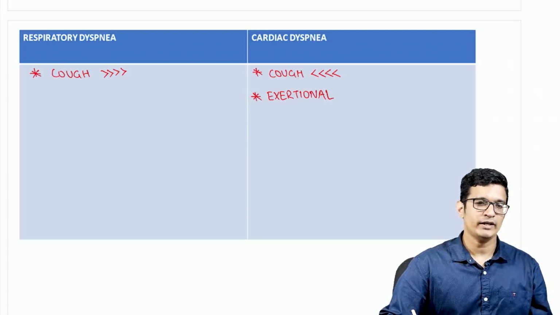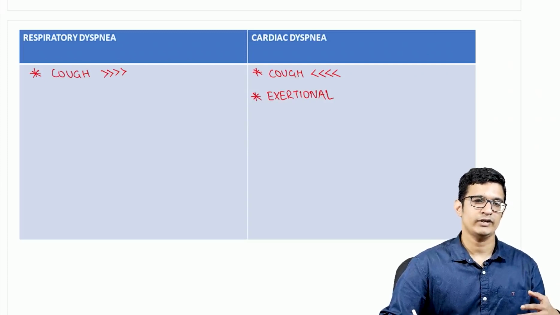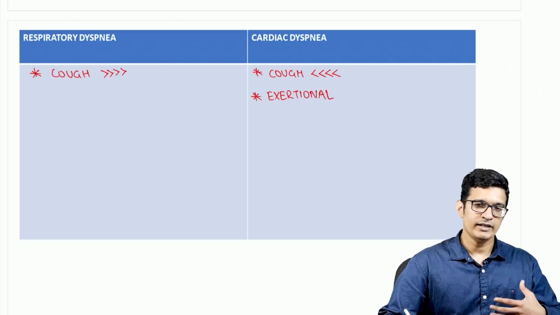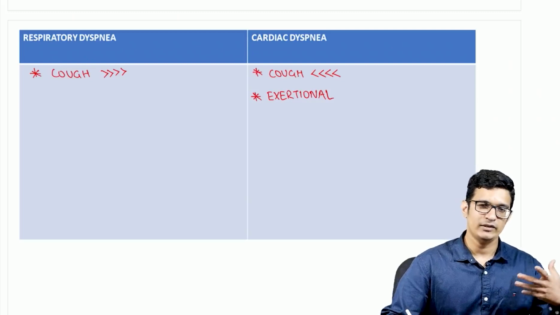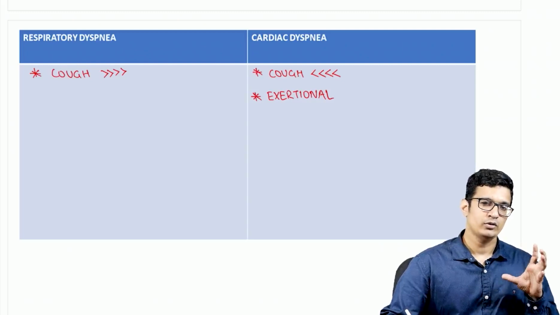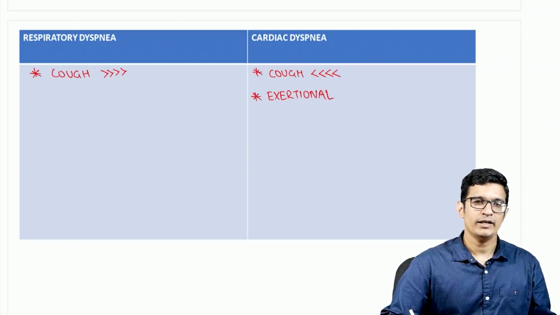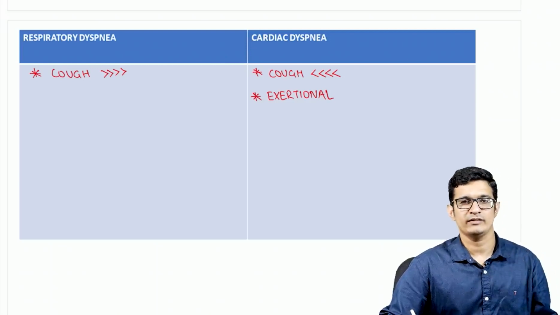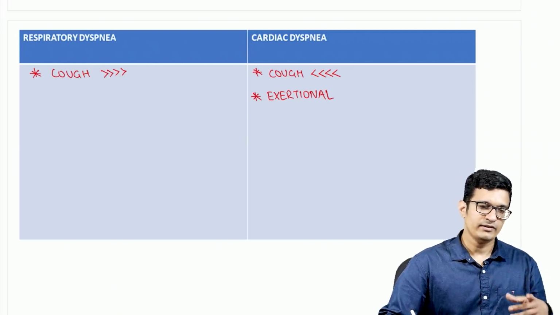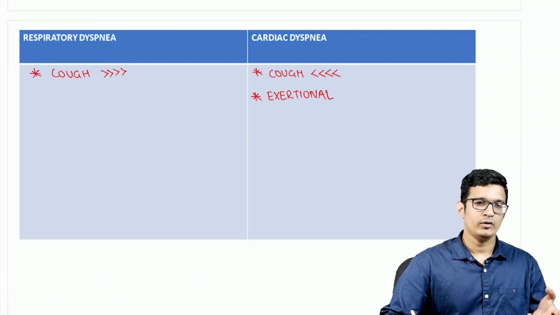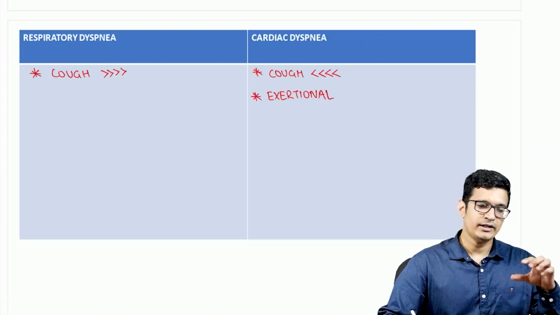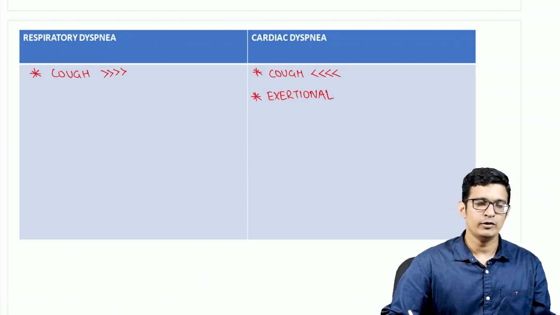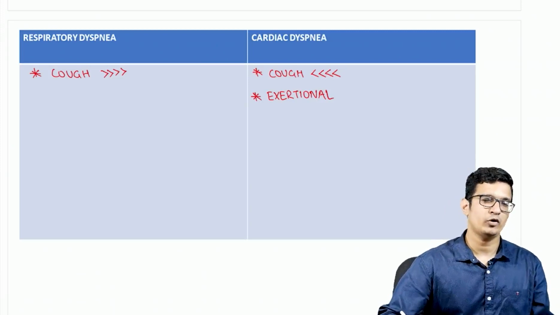So in a patient who already has coronary artery disease in the form of a myocardial infarction, whenever there is that increased requirement of increasing the cardiac output, the body is not able to increase the force of contraction. Thereby, there will be an increased end diastolic pressure leading to congestion in the pulmonary circulation. So pulmonary edema occurs, and that congestion can actually lead to constriction or mechanical pressure over the small airways, and that can also lead to a cough. So that is a mechanism of cough in cardiac disease.